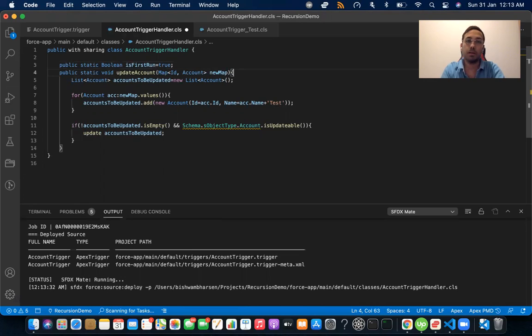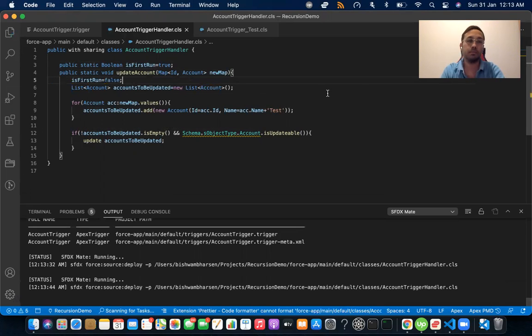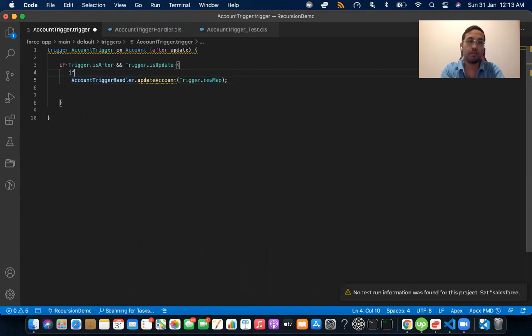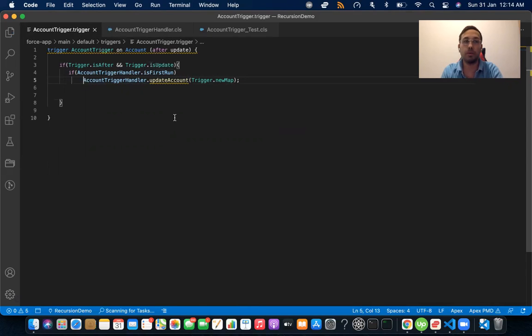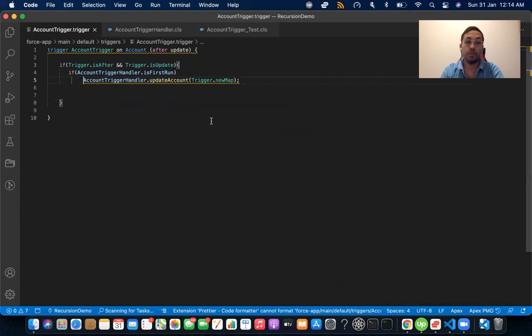But the moment it enters this method for the first time, I'm going to set it to false. Okay. And now here, before I call this method, I'm going to check if AccountTriggerHandler.isFirstRun, as simple as that. So if it's first run, no need to use isFirstRun equals true, because isFirstRun is a Boolean variable, and if expects a Boolean flag. So just do directly .isFirstRun. And once you do that,